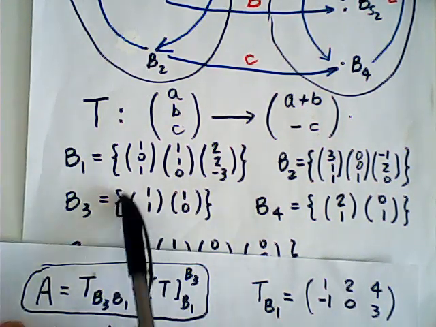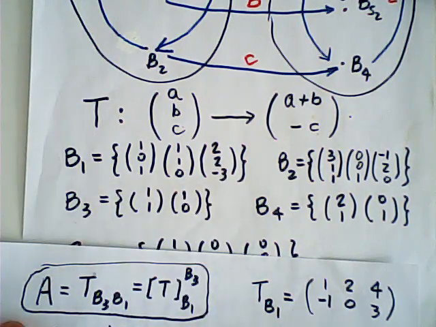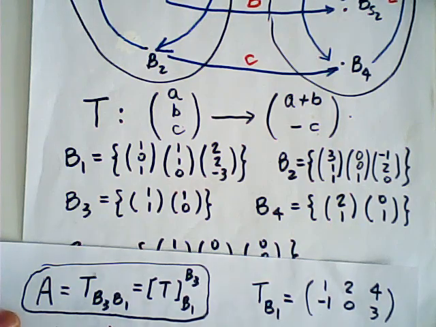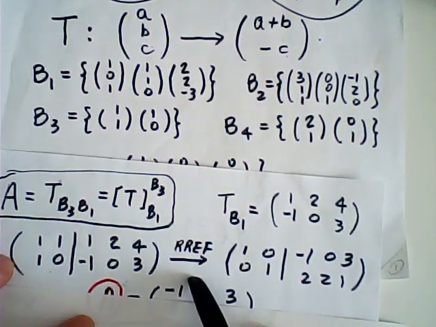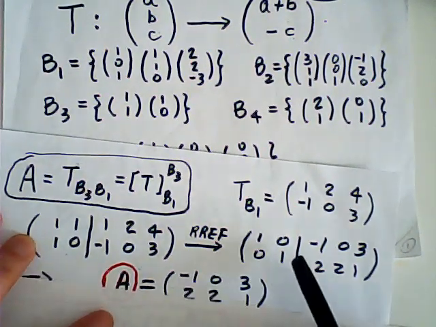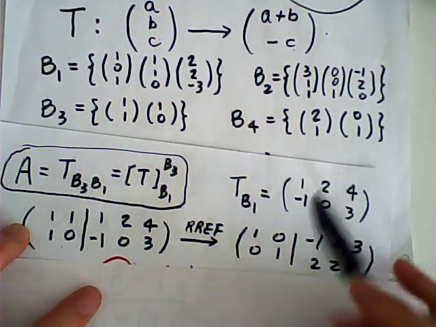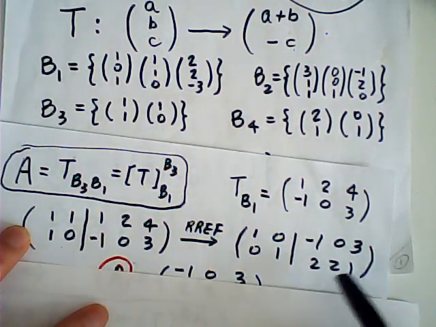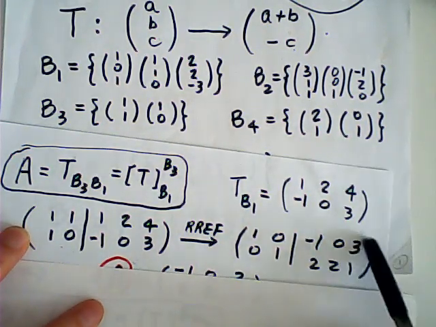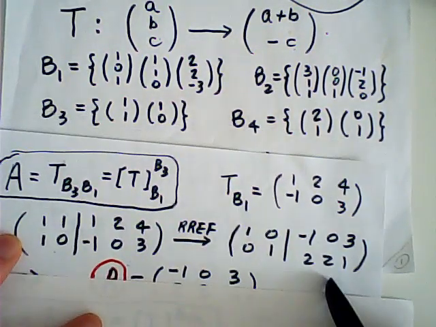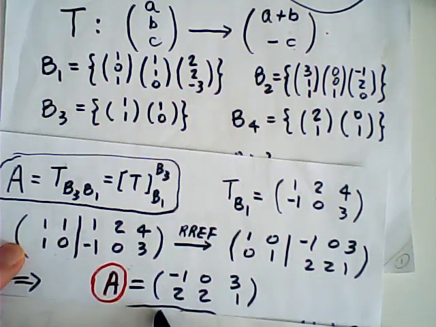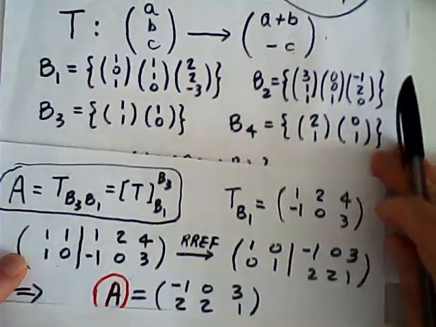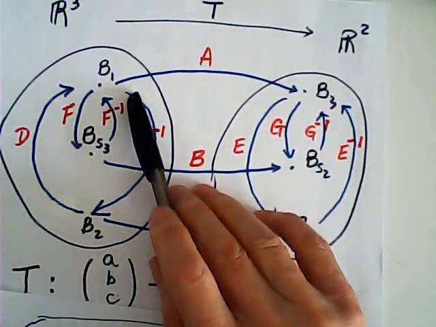B3 is the basis for the R2. 1 1 1 1 0 1 1 1 0. And then you perform row operations until you get the reduced row echelon form. This side is identity. Then this is my matrix A. So this is the matrix A, which is the linear transformation